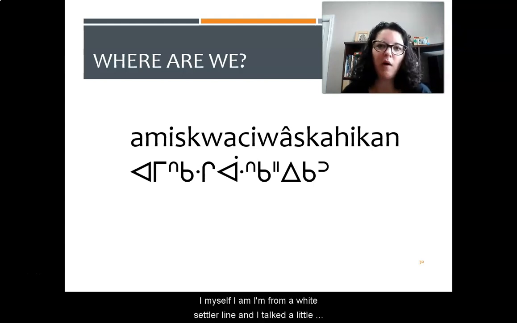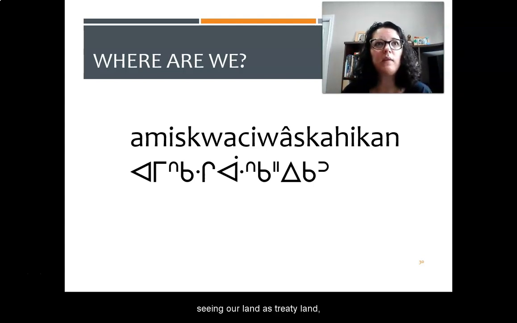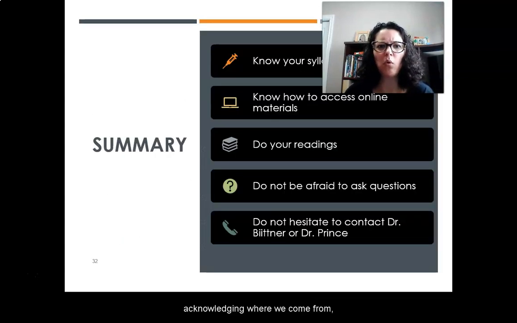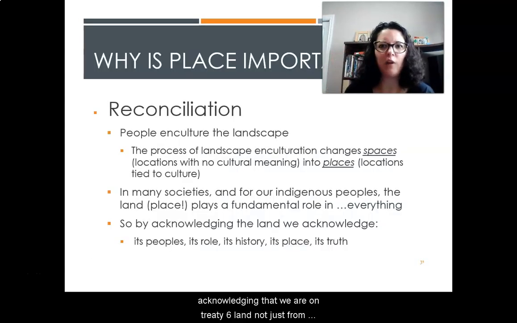I myself am from a white settler line, and I talk a little bit about that in the video and in the notes below about how I'm Edmonton born and raised, but really seeing our land as treaty land, really acknowledging its importance and living its importance to Indigenous people and to all of us who live on this land, is kind of a new thing for even myself, even as an anthropologist. So we're going to engage with this a lot more about the importance of acknowledging where we come from, acknowledging that we're on Treaty 6 land,